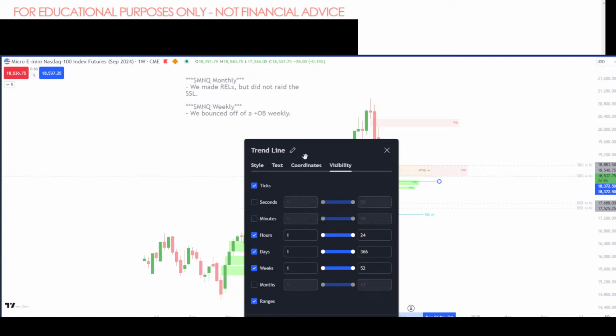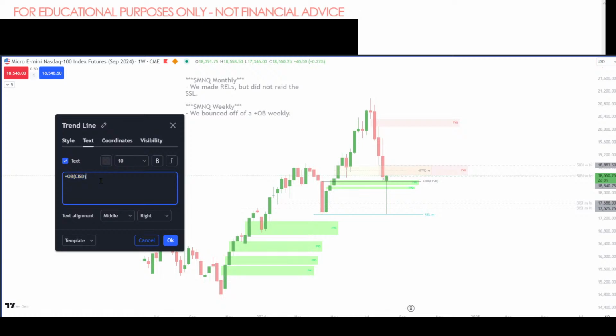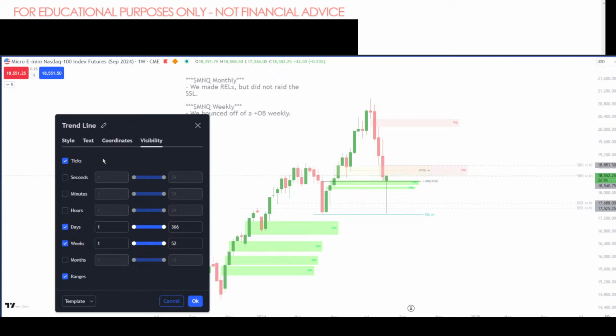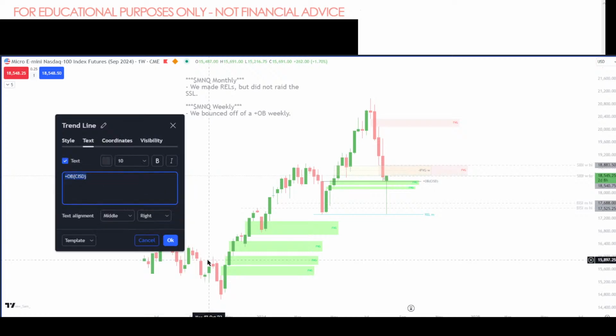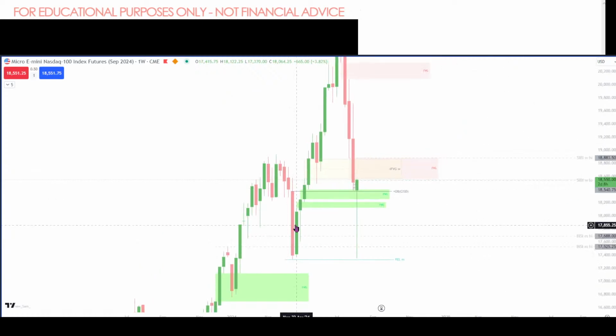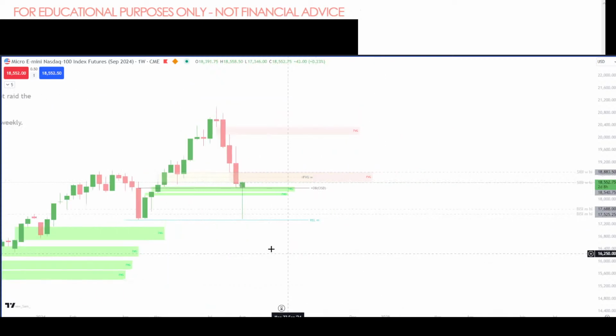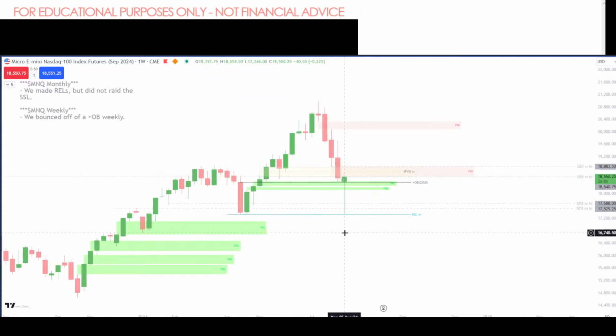Where are we here? Let's change that to order block. An order block is a change in the state of delivery, right? That's what an order block is. Because we were going down and then price came up and closed above the open of the order block. And now we wicked down through the order block, formed a relatively equal low down here, which came about 13 points shy of this low.